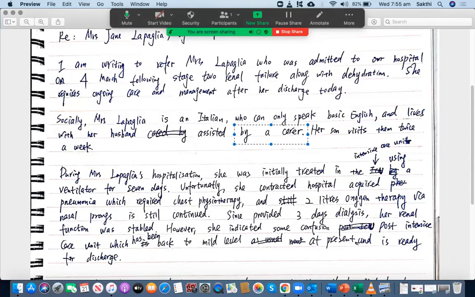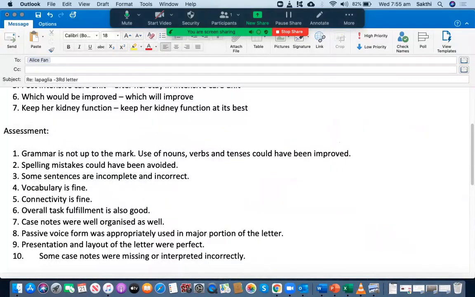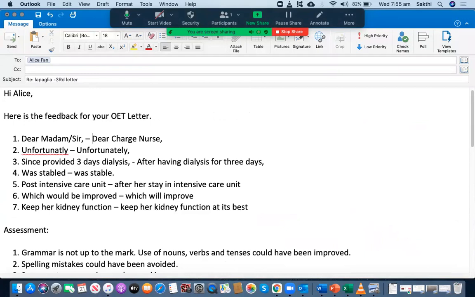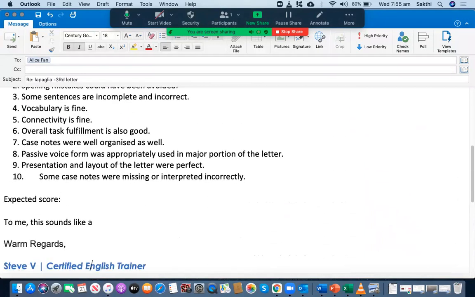So yeah, you have not used a couple of case notes, and it's not good. You missed some of the important ones. So to me, the expected score will be... Okay, let me go through the mistakes and their severity. So one spelling mistake, and then 1, 2, 3, 4, 5. Okay, 6 major mistakes. Okay, that's not good. And you haven't included the case notes as well. It's not good as well. This letter may get really close to a C plus letter. You may be able to get 290 out of 500